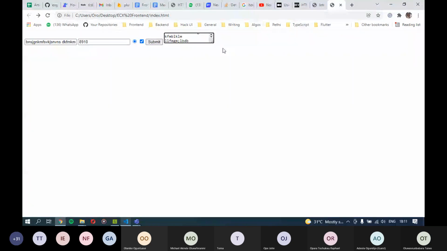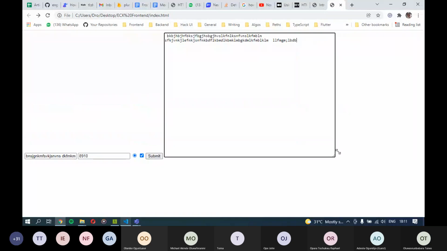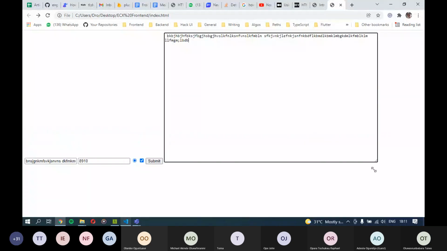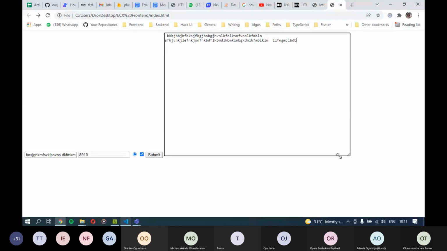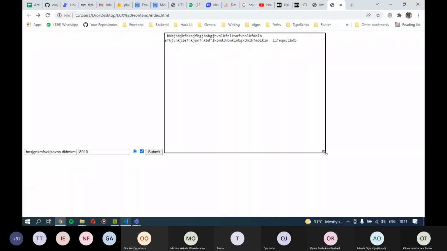Then by default, text areas are resizable. If you see this, we have two lines on the text area, and if you put your cursor here, you see that it's draggable, so you can increase the size to whatever you want. But most times when you're working on an actual project, you would not want the user to do this. To disable this resizing, you can do that in your styling, but we'll not get into that now.